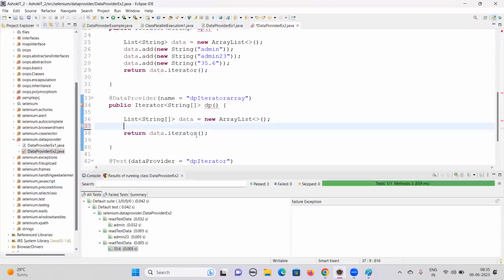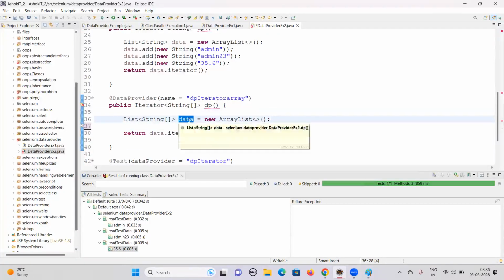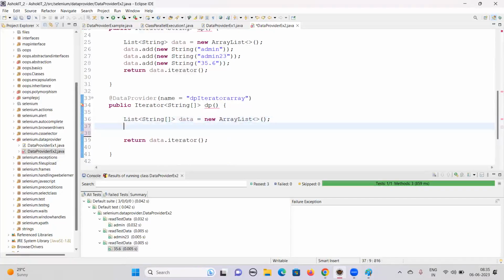I'll do it in a simple way. So first, this is the data. I want to create a string array here. String array is equal to